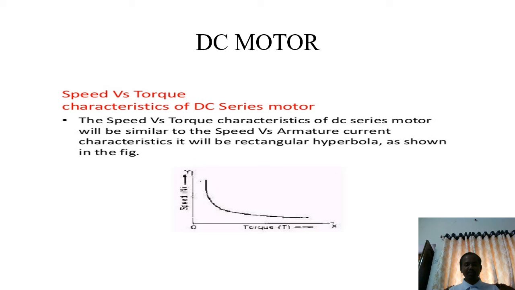So these are what we have learned in this period: the importance of characteristics and how to draw them. How to draw these characteristics at home: you take a pencil and draw on graph paper. Take different values and you can draw. Otherwise, you have the laboratory record. Once you observe how the characteristic is drawn, in the next semester practical you will do the readings and practice on the graph sheet.